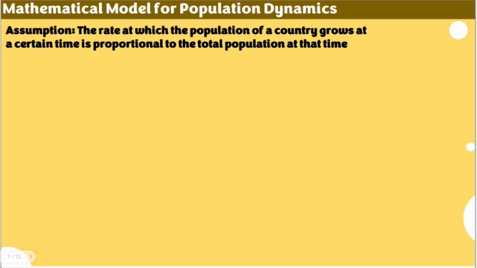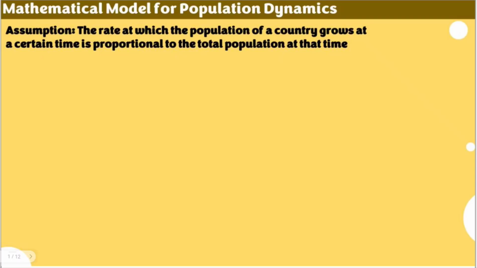So we have this assumption here, the common assumption for the mathematical model for population dynamics, because we're going to derive the formula first. I understand the formula is already provided, but for us to appreciate that this type of situation is really a model with the use of differential equations, we're going to derive the formula first, and later on we'll have some examples where we use the formula and some concepts of differential equations as well.